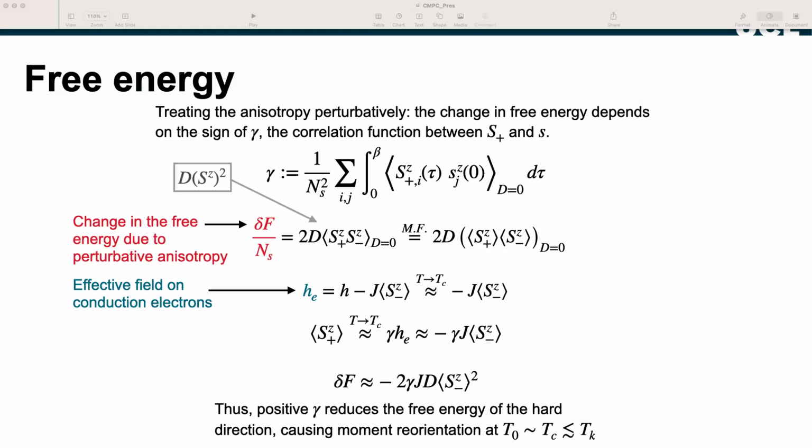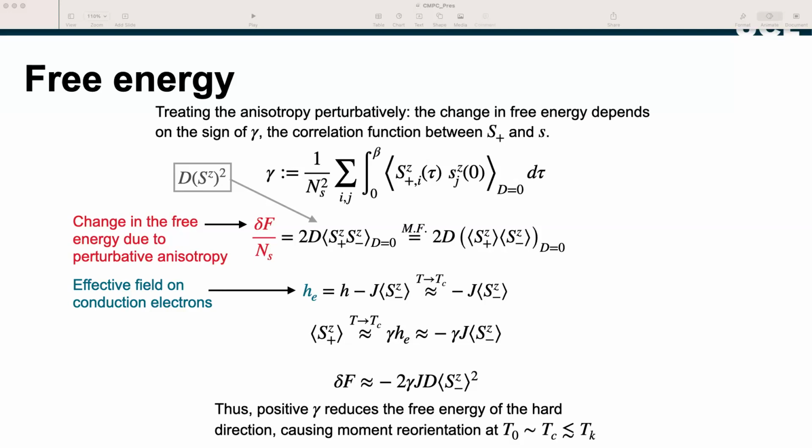You can assume that the magnetic field term there, which is infinitesimal, is completely dominated by the J S F term, which is diverging at that point. So you can therefore rewrite the expectation value of S plus Z around T_C as just the off diagonal